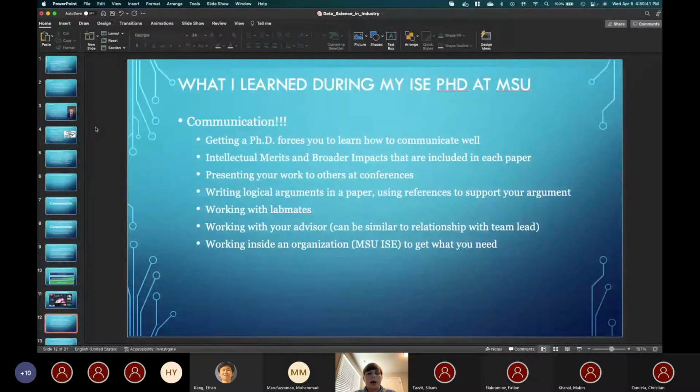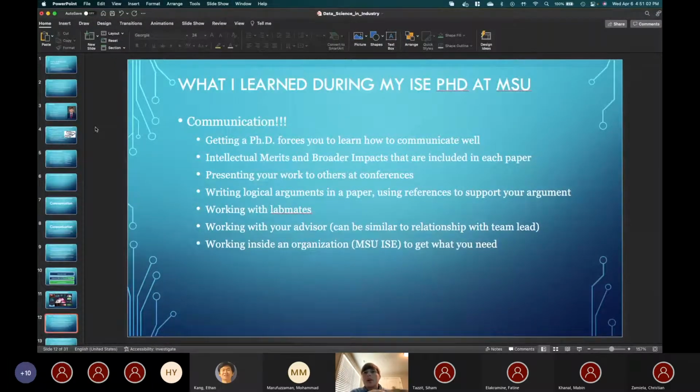So I have my new algorithm that I've found that is super awesome. Well, that's the methods section. That's generally section 3. But now I need to do the introduction. I need to explain, why is this important? Why should you care about it? I need to do the literature review. So that's kind of writing a logical argument, using references to support my argument.